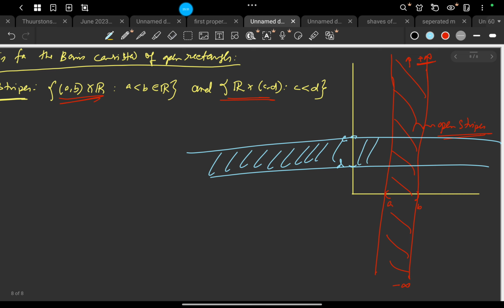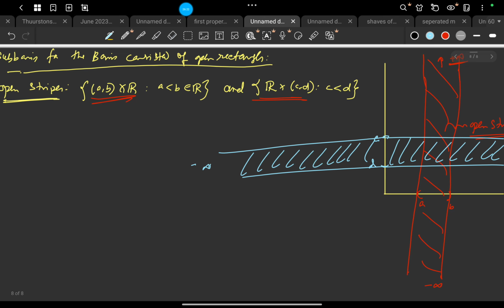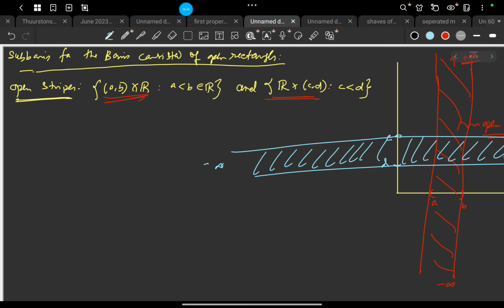So these are the open stripes. This is how one can define them. Now you see that this goes up to minus infinity, and this goes up to plus infinity. Now what about this intersection point? This is basically a rectangle. So from this pictorial representation you might have got some idea that it may be the subbasis for this topology, for this basis. That needs a very small check,